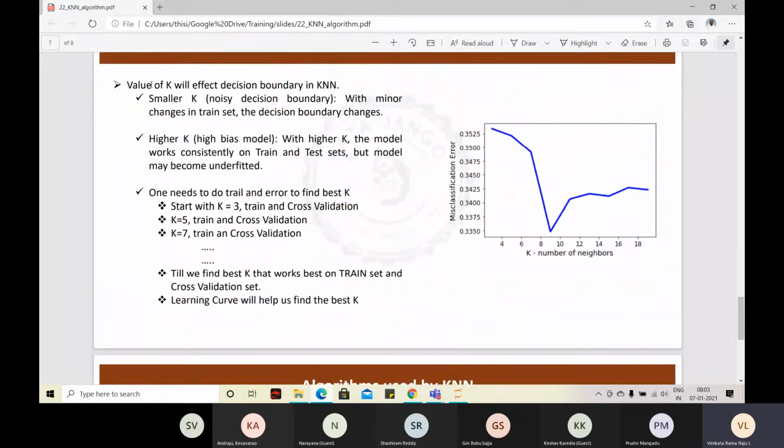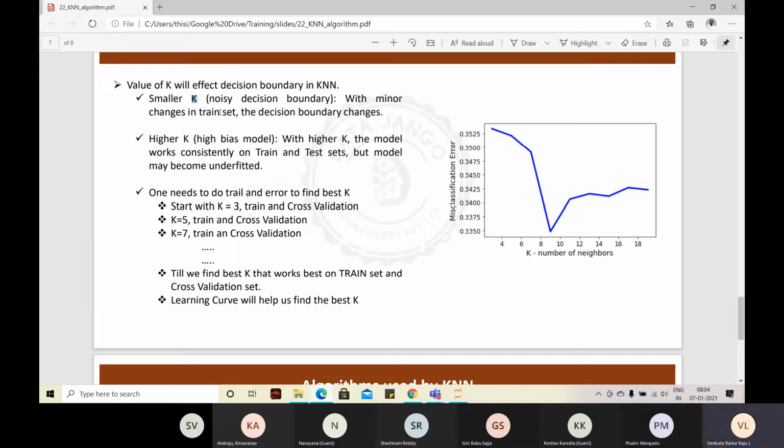So the value of K will affect the decision boundary in KNN. Okay. Smaller K, noisy decision boundary. With minor changes in the train set, the decision boundary will change. If you take a smaller K, it is all dependent on the train set, right? While predicting, it is actually looking into the train set. So if you take a small K, you are looking into only